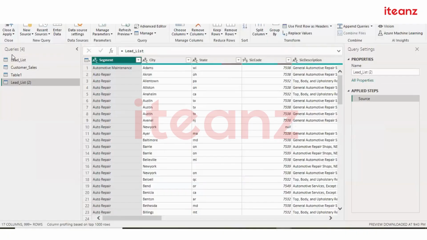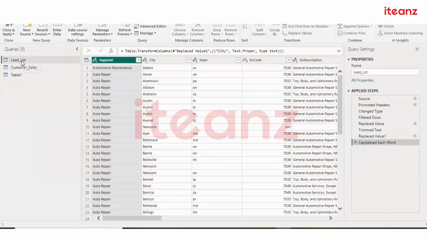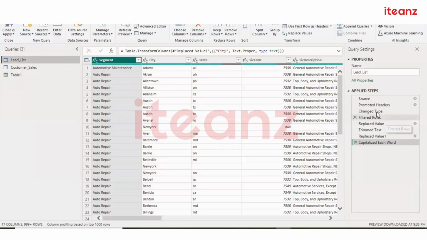So we were working on this data lead list, right? We applied these many steps. We went to get this table now. Earlier, this auto repair and all was not there. These first alphabets were not capitalized. This was not trimmed. Some this 5186 was not there, right? So I'm at a point after these steps are applied, right? Now this output